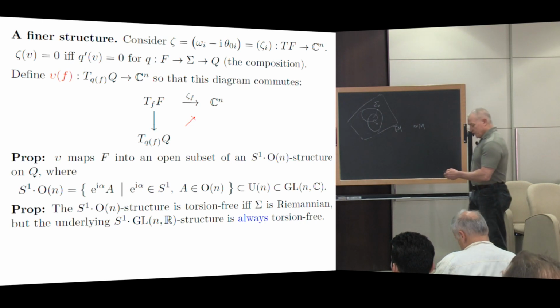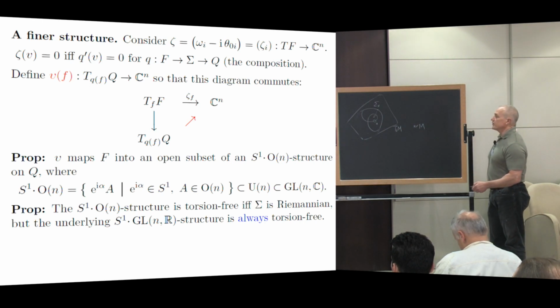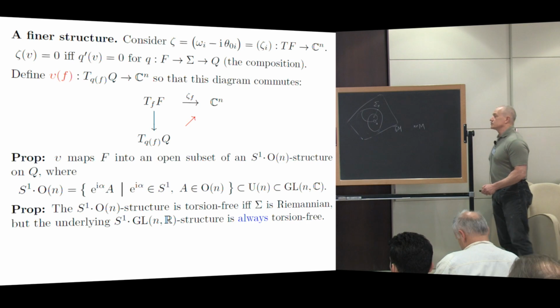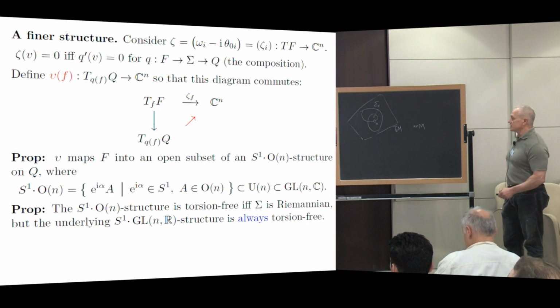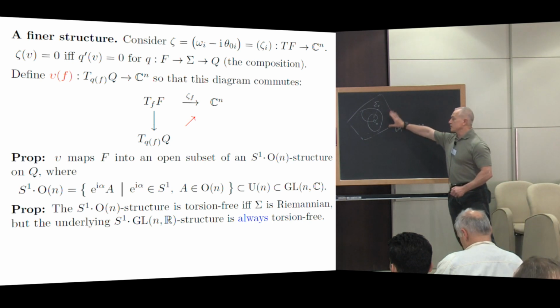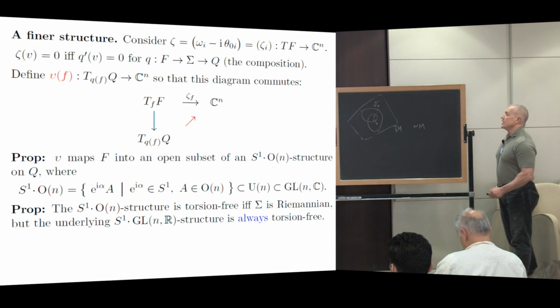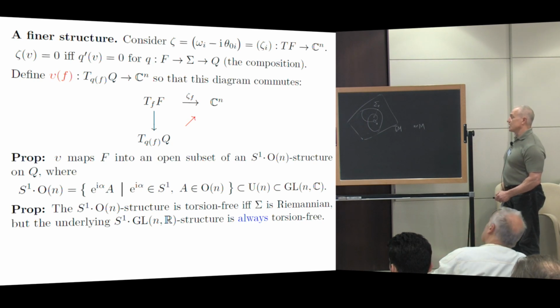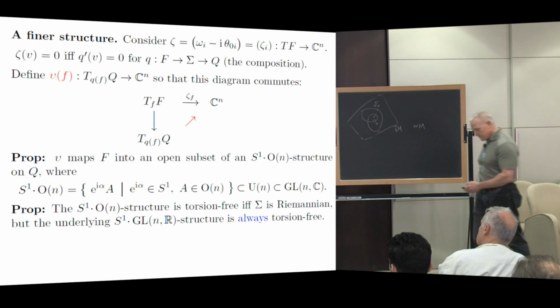Now, the one thing that you can prove, again just from the structure equations immediately, is that this S^1 times O(n) structure is torsion-free if and only if the original sigma is Riemannian. And remember, we're always assuming it's constant flag curvature, constant +1 flag curvature. In other words, the only time this structure is torsion-free is in the trivial case, the flattest possible case of the standard n-sphere, the Riemannian n-sphere of constant curvature.